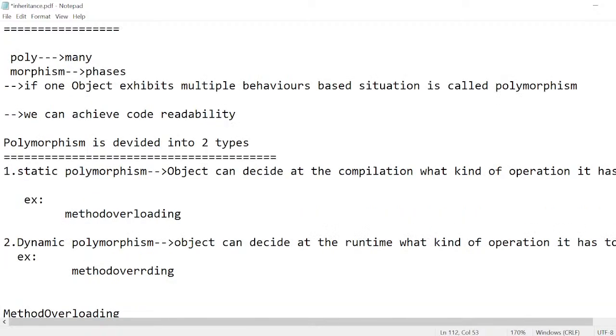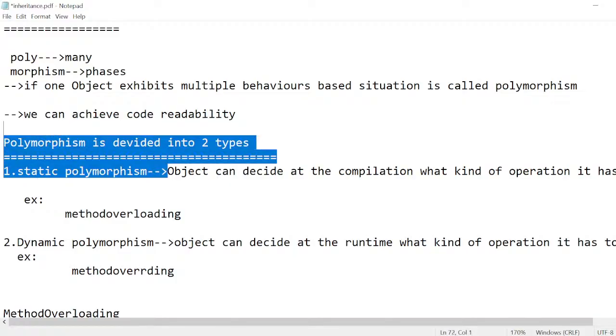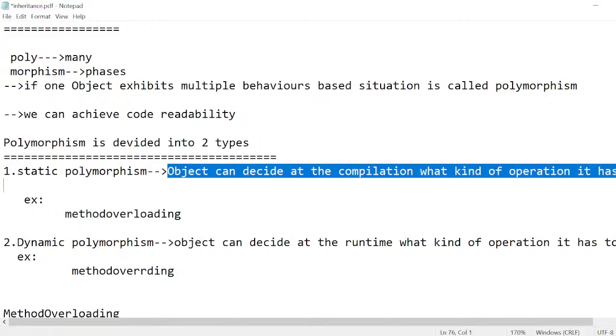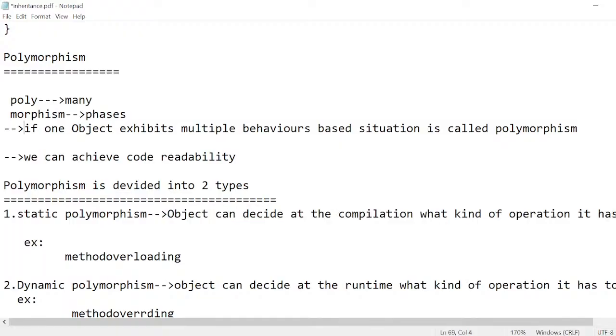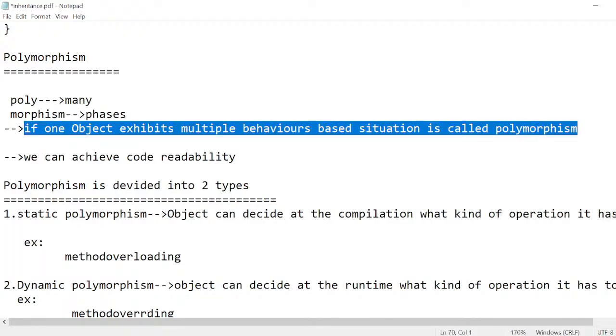So this is all about polymorphism, guys. What is polymorphism? Guys, can you please read this statement? What is polymorphism? If one object exhibits,